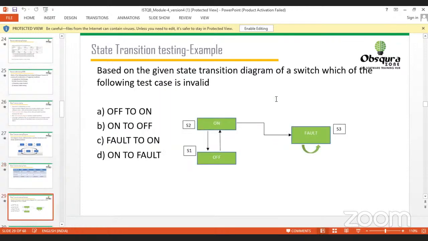Okay, we can see a similar question, how it comes up as a question. That is based on the given state transition diagram of a switch. Which of the following test cases is invalid? So you can look into the options and say,